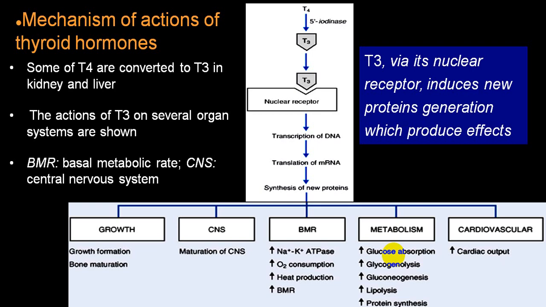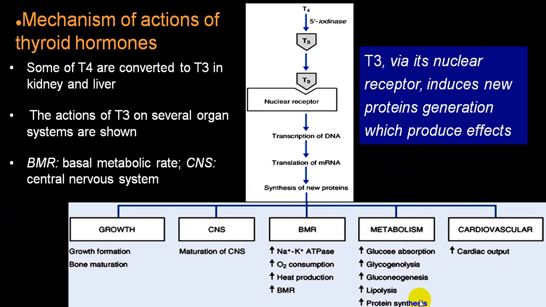It breaks down fat, so lipolysis, free fatty acids, so fat tissue will be reduced. In excess, there will be marked reduction in the fat content. Because of the increased glucose level, a person can develop hyperglycemia and can even develop diabetes mellitus. Particularly in thyrotoxicosis, a person will have hyperglycemia, while in case of myxedema, a person can have a little low level of glucose, which we can call hypoglycemia.